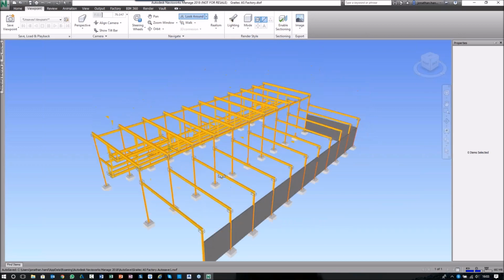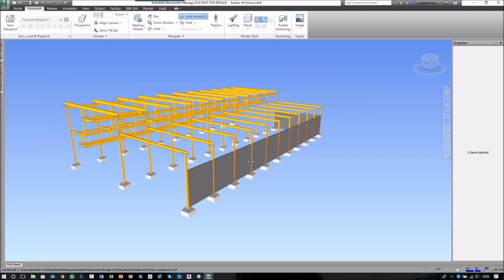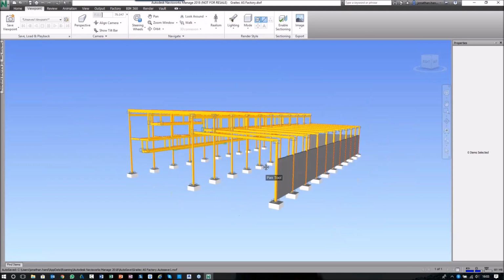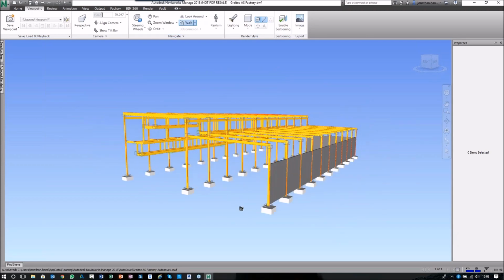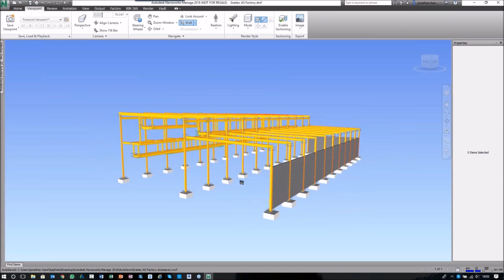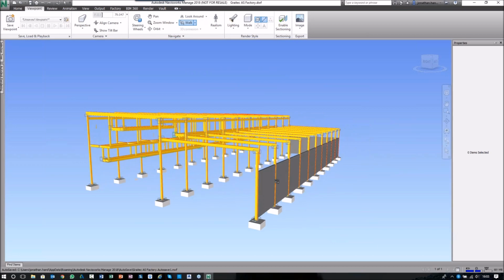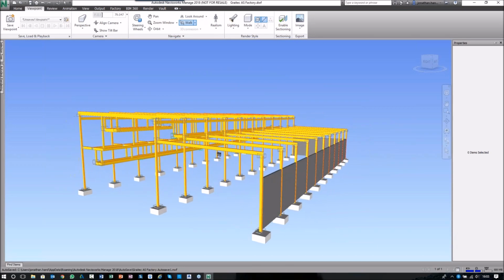If I set this so I look around the project a little bit better, so I'm down at that level, and then I go into walk mode, all you do is left click, and you can see that I'm slowly starting to walk around the model. And what you can then have is this thing called realism. When you select the pull down, you've got these 4 controls, and you can put on collision detection, gravity, and crouch. So if I just take these off for now and have a look at,